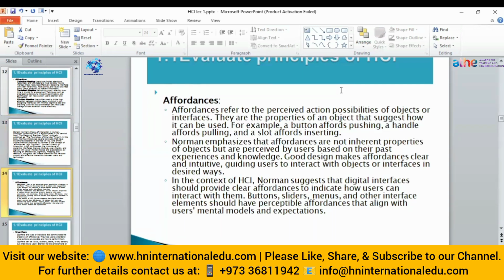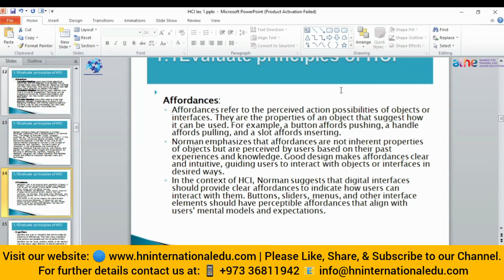The first one is affordance, meaning the perceived action of an object or interface. For example, if there is a button that is affording pushing or a handle affording pulling, this property says that the user should perceive any object based upon their past experience or knowledge.